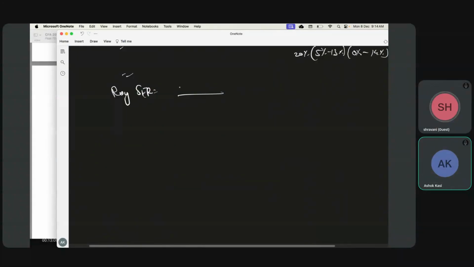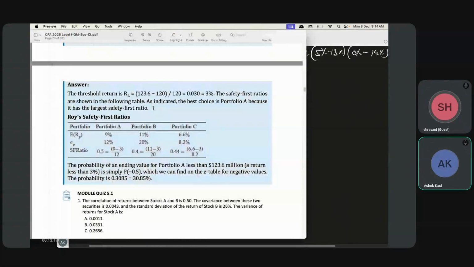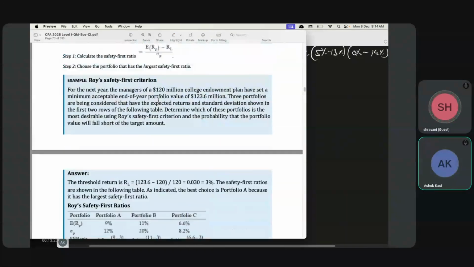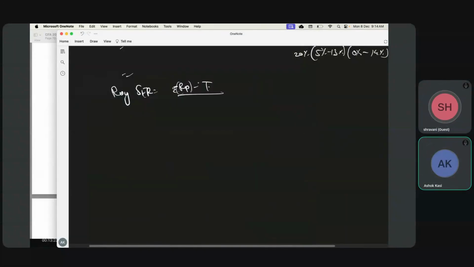Expected return minus threshold level, upon standard deviation. So threshold level divided by standard deviation of the portfolio. Okay. Now the higher the ratio, the better. Now if they ask you